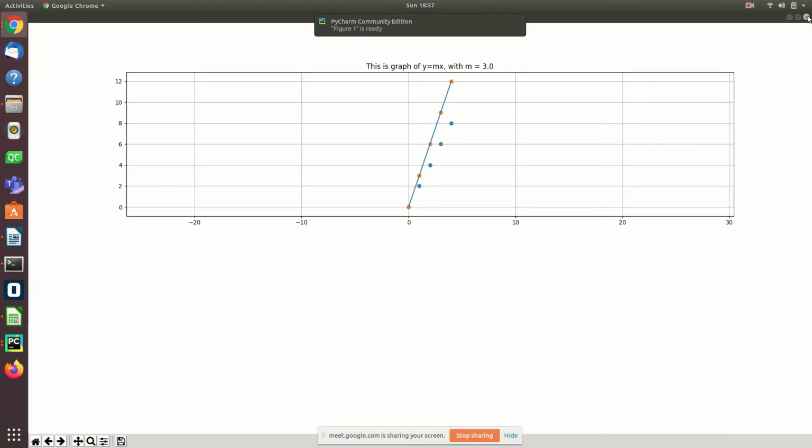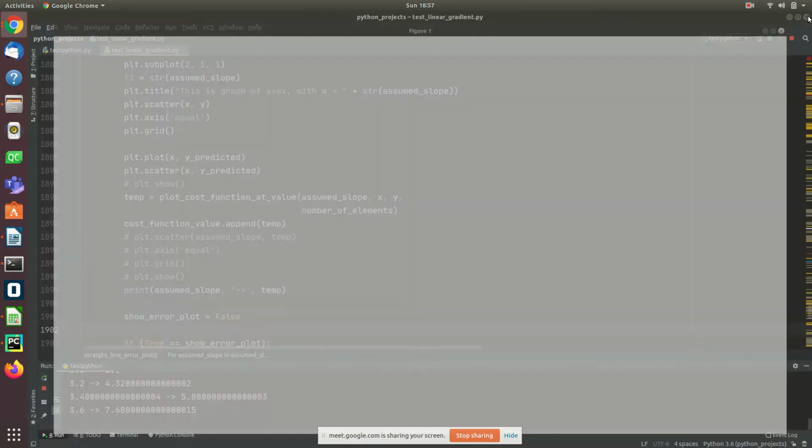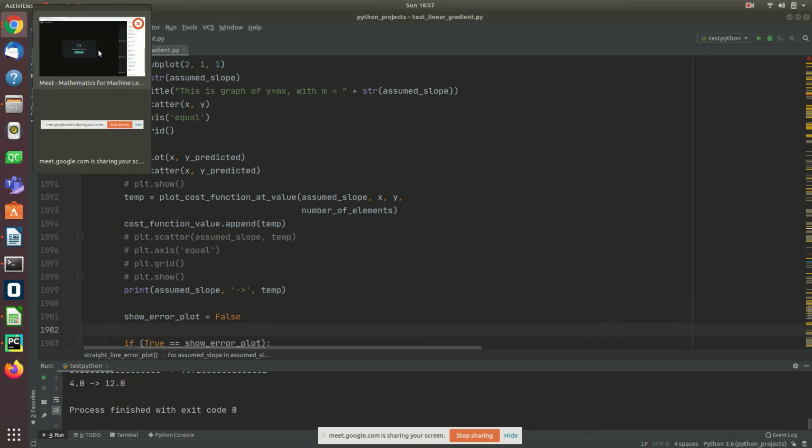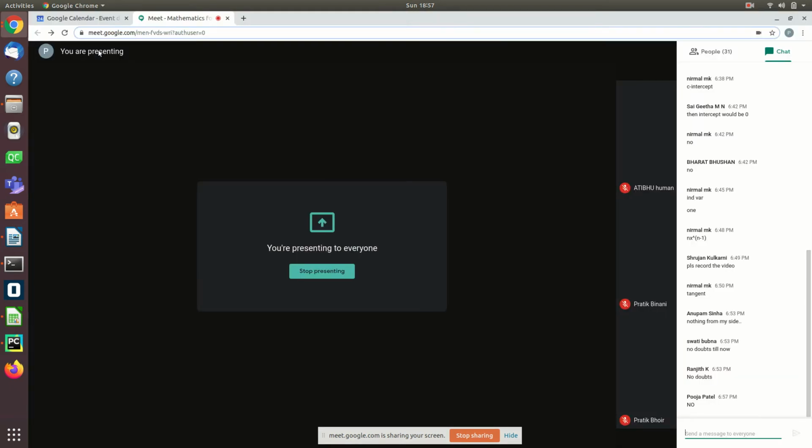Anybody has any doubts in what I'm doing here? No. Okay, the guy who said no should answer what I'm doing here. Or anybody. Not only that person. What did I do? You have increased the slope. I'm just increasing the slope, calculating the line. And everybody's eyes have seen that at one point in time it matches, it passes through all the points. But that was true, we know.